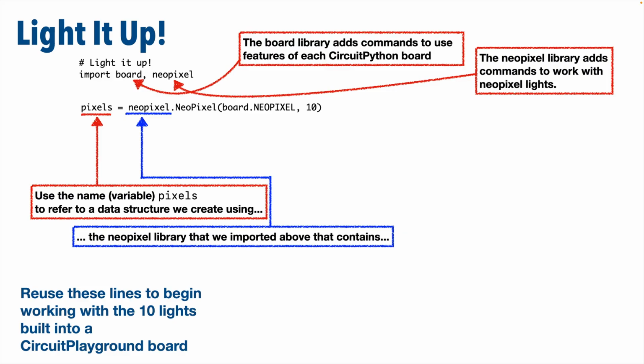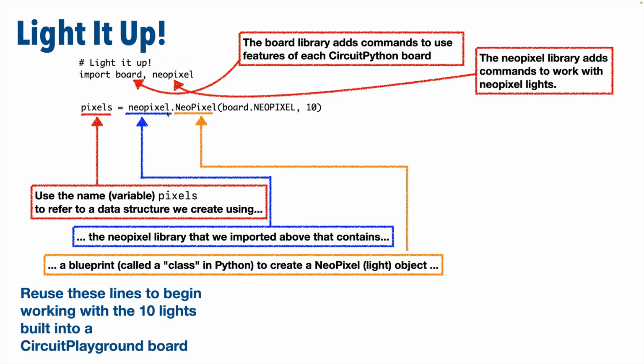We say lowercase neopixel, which means we're going to include some extra CircuitPython statements that we've imported with this import neopixel statement up here. The dot says, look inside those statements that you've imported, find something called NeoPixel with a capital N, capital P, and this is a special blueprint, which creates the ability to connect to NeoPixel lights. Eventually, you'll learn that these kinds of blueprints in computing are called classes, and just like when you build a house or a car from blueprints, you provide inputs to create the actual object. Well, here, in between the parentheses, we provide inputs to create the lights on our